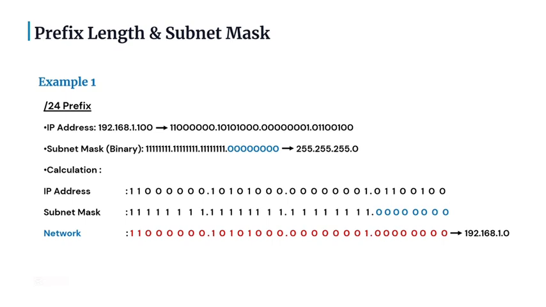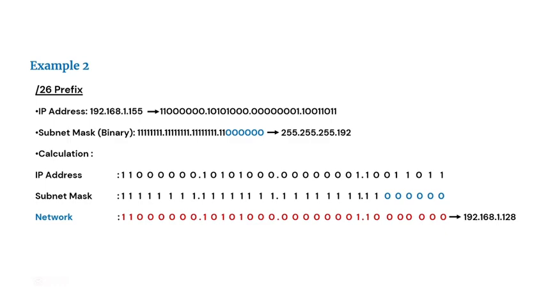Because our mask's ones completely fill up the first 3 octets, the numbers 192, 168, and 1 remain completely unchanged. The final 8 zeros clear out the last octet entirely, turning 01100100 into 8 zeros. This tells the router that this host belongs to the 192.168.1.0 network. Now let's look at example 2, where we step into classless subnetting by changing the prefix length to